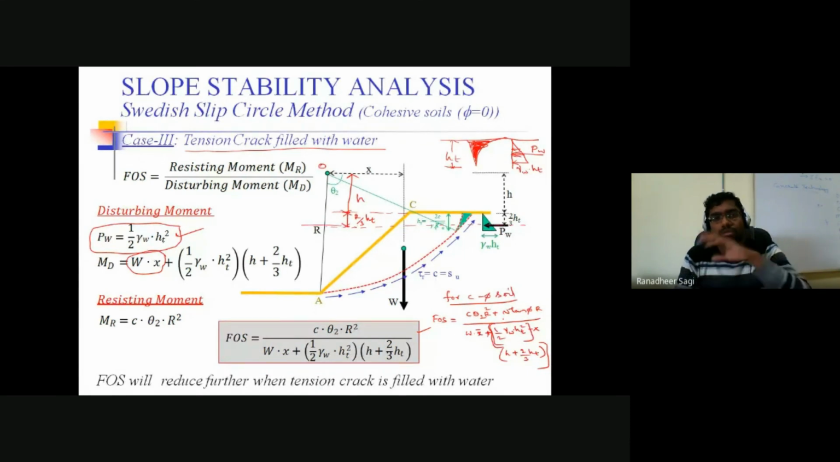Okay. So those are some of the different cases we generally encounter. However, regarding this tension crack, till what depth it would develop and why these tension cracks are getting developed, mathematically and conceptually, we'll be understanding in our foundation engineering course under the topic of earth pressures. Okay,